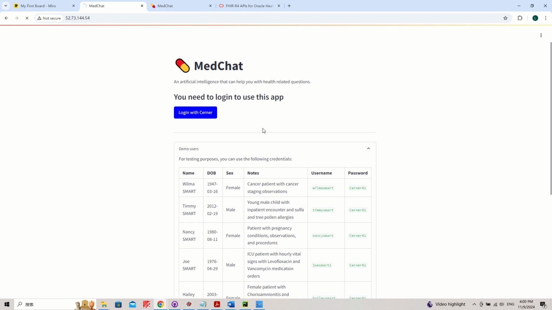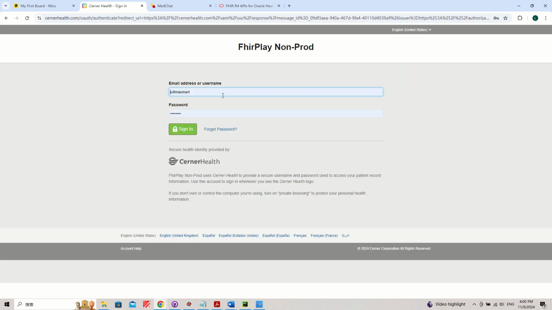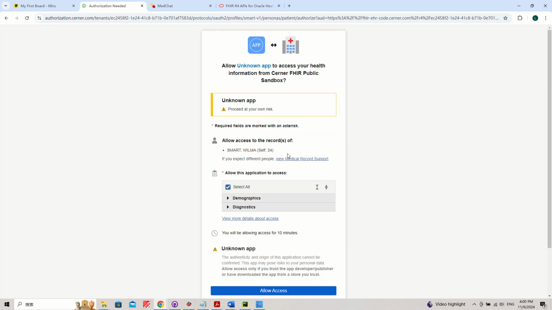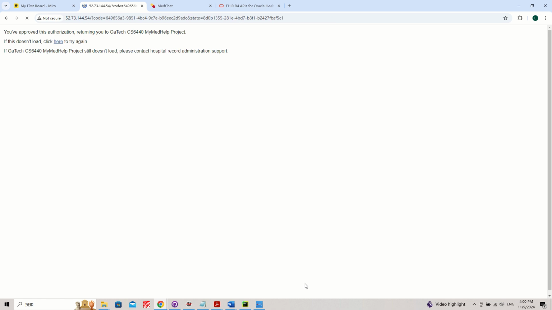Now if you click Login with Cerner, you will be brought to this login page. After putting in your username and password, you can click Sign In, Proceed Anyways, Allow Access,